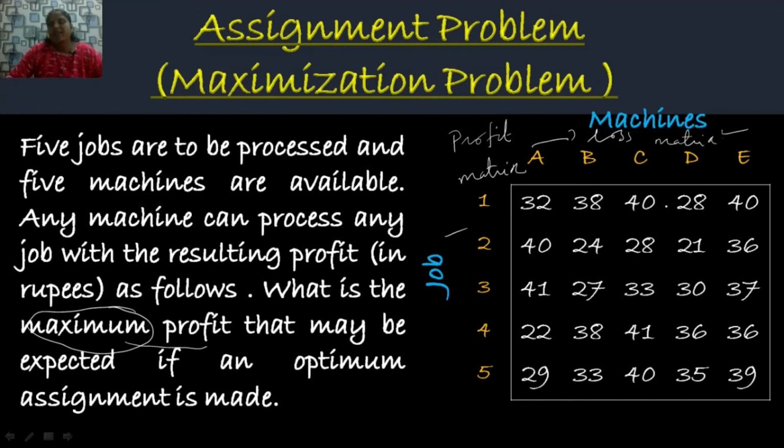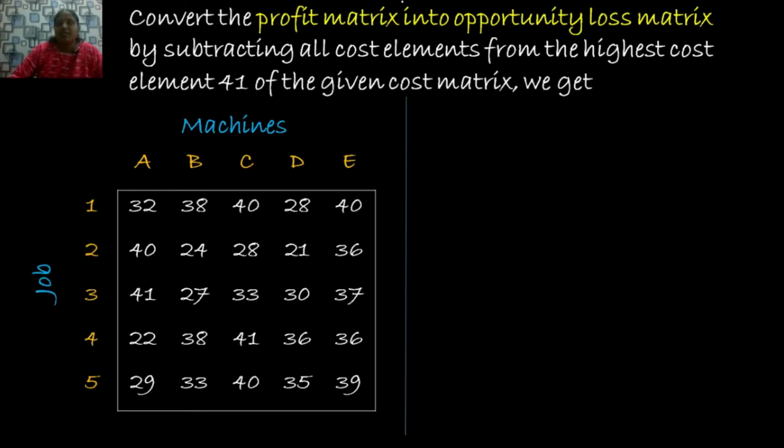That is by subtracting all cost elements from the highest element of the matrix. Here look at the values of the cost elements. The highest cost element is 41. In 2 positions we have 41. So we have to convert this profit matrix to a loss matrix by subtracting the highest element, that is 41, from the cost elements. So we convert this profit matrix into an opportunity loss matrix by subtracting all cost elements from the highest cost element 41 of the given matrix. We get,